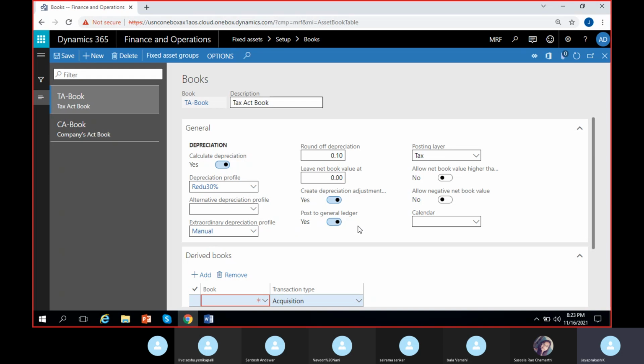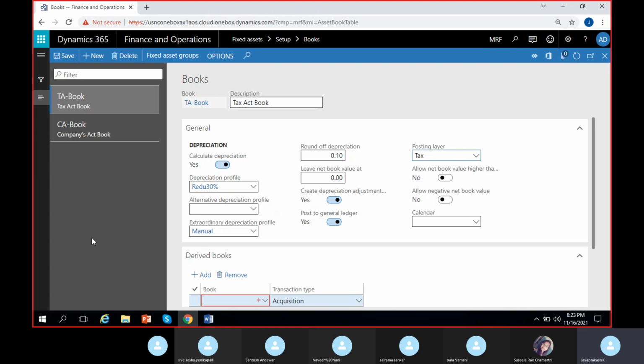It will just post transactions or balances to the fixed asset. That's all. Acquisition balance, depreciation balance, revaluation balance, or sale balance. It will just post the balances to the fixed asset only. It won't affect any main accounts behind the fixed asset if you disable this option. You can also create such dummy books, or another book which you don't want to post into general ledger, so